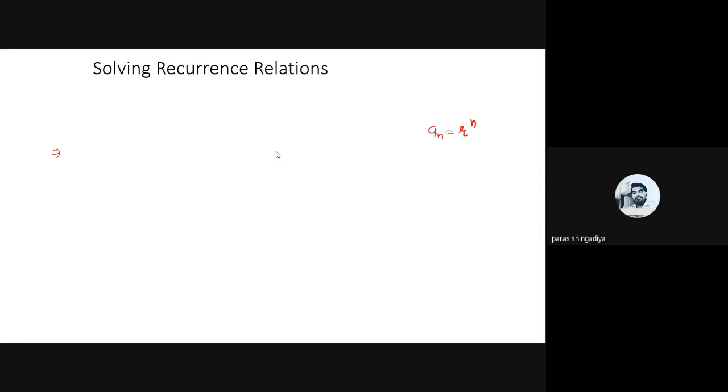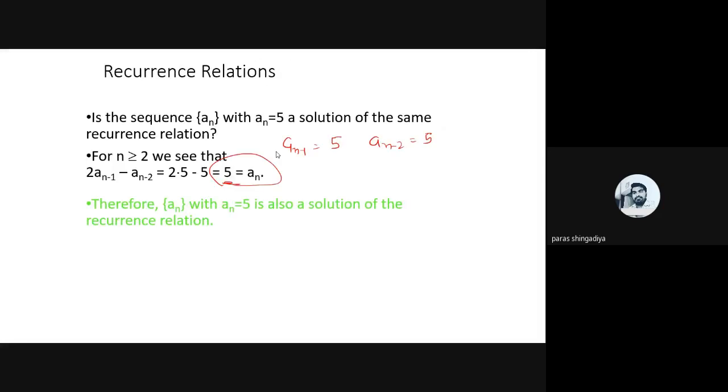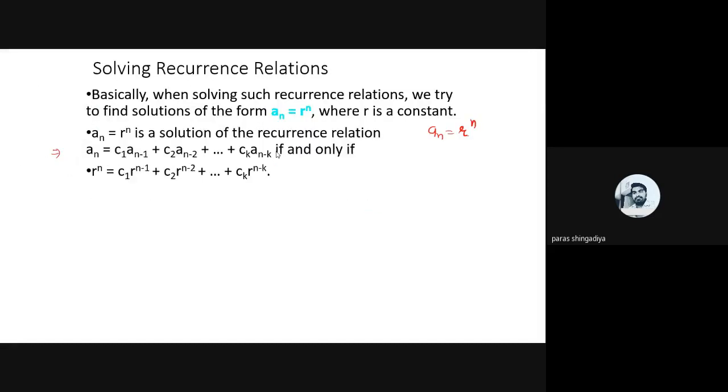So what does it mean? In the previous example, we had the form a_n = 2a_{n-1} - a_{n-2}. In this form we have a_n = 2a_{n-1} - a_{n-2}. So compare this form with a_n = c1 a_{n-1} + c2 a_{n-2} + ... + ck a_{n-k}, and so on. So here we have c1 is 2, c2 is minus 1. If more terms are involved, we can identify c2, c3, c4 up to ck.